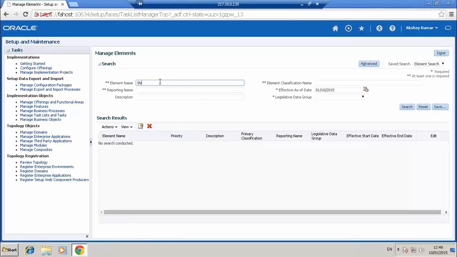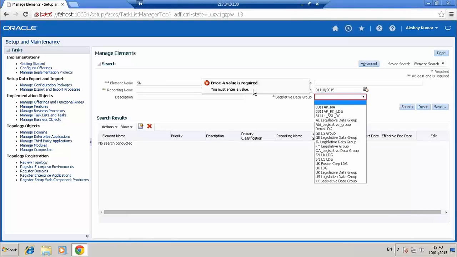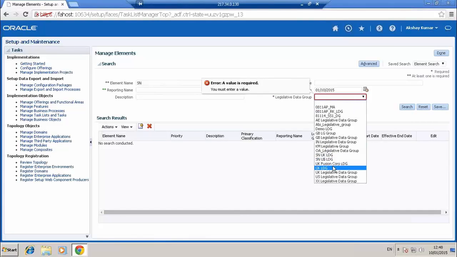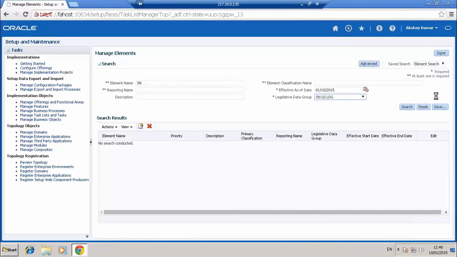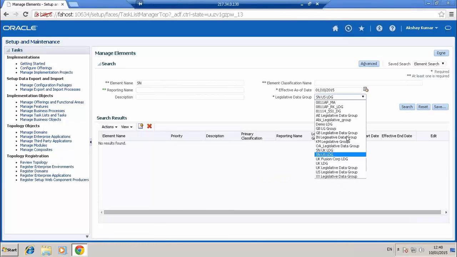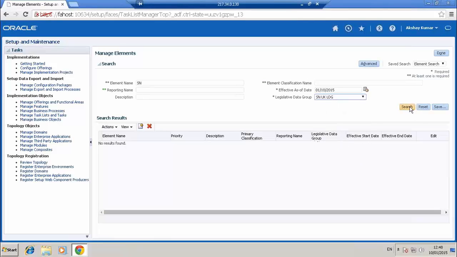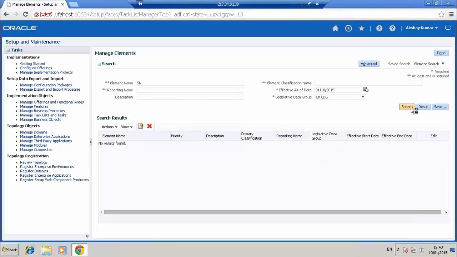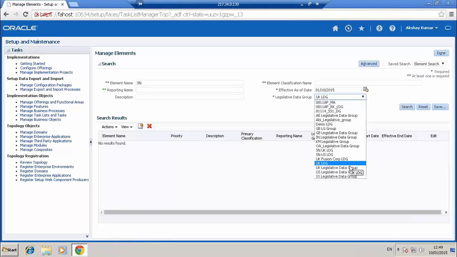So I have already created an element. See that. For an element, to search for it, you always have to give the LDG, else you won't be able to get that. I created an element, but I don't know for which LDG I created it.